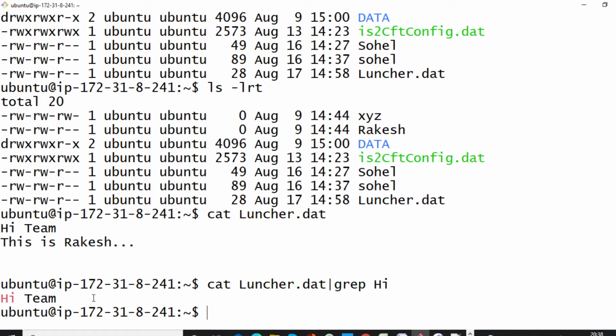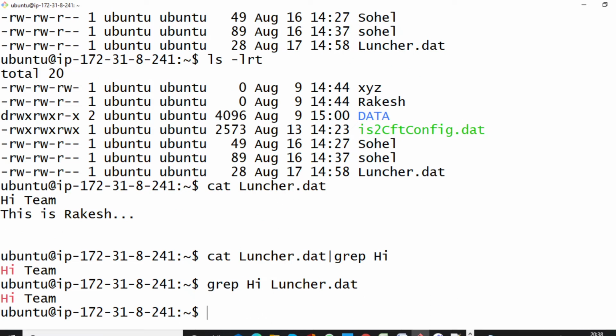Are you getting me? So here the pipe is simply taking the output of this. Basically how we write it, you can do grep, then hi, then file name, right?